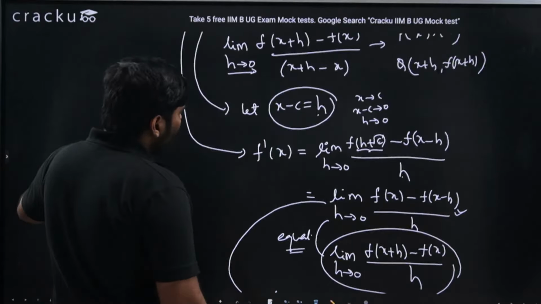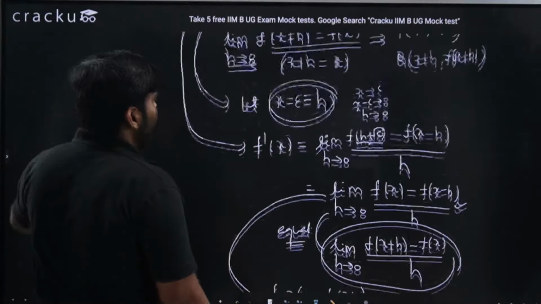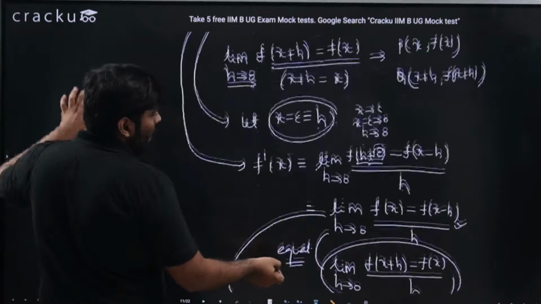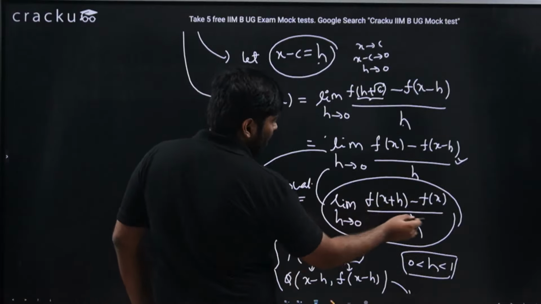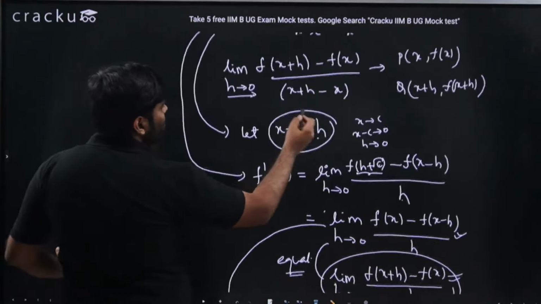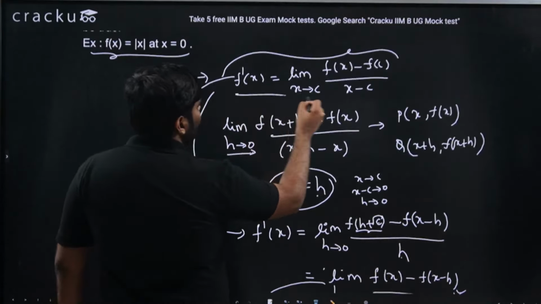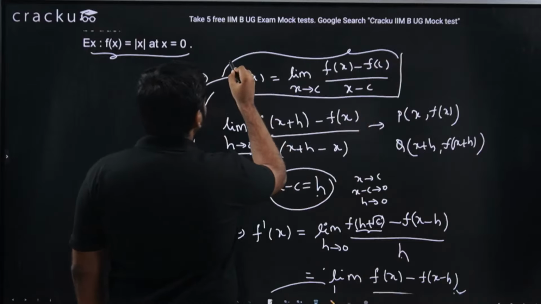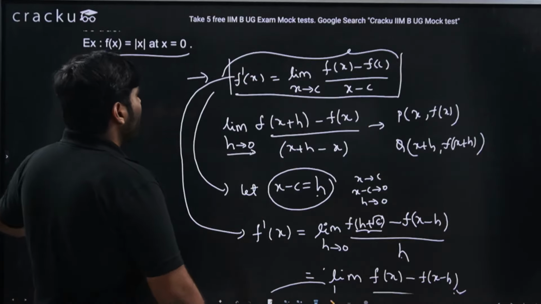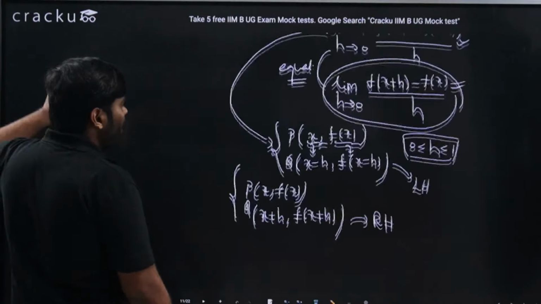So why did I explain all this? Instead of writing limit h tends to 0 f of x plus h minus f of x by h, you can also write f dash of x is nothing but limit x tends to c f of x minus f of c by x minus c. Both are pretty much the same. When I write it in this way,